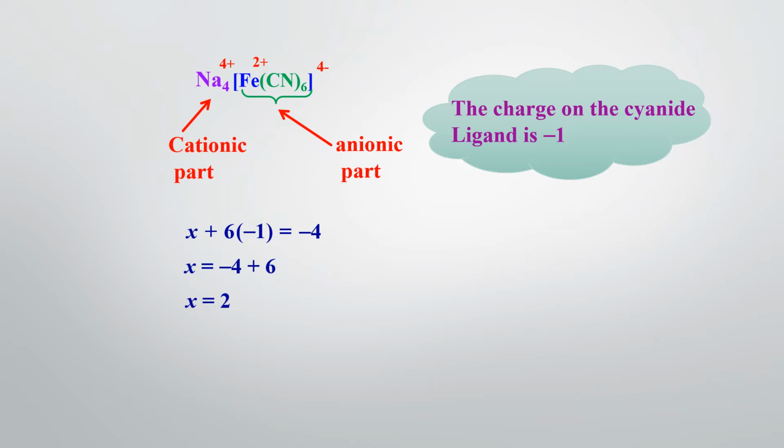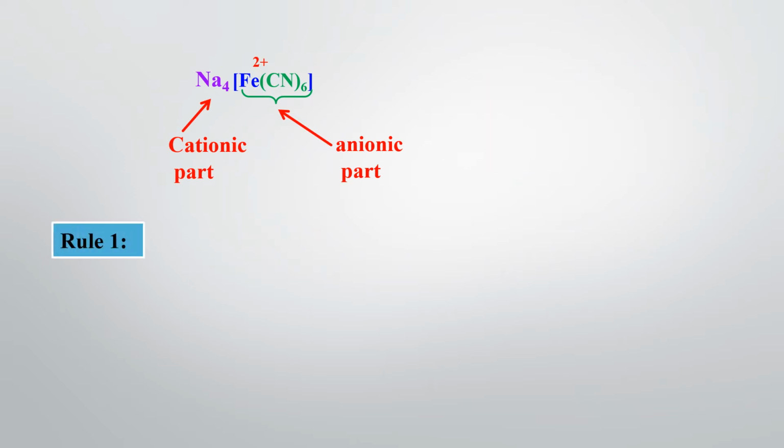We can also calculate it another way. Sodium charge is +1, and there are 4 sodium, so +1 into 4, plus iron X, plus cyanide charge -1 into 6, is equal to 0, because sodium is also considered. When sodium is not considered, only then the coordination sphere gets a -4 charge. If you consider the sodium, then no need to put the charge. So 1 into 4 plus X plus 6 into -1 is equal to 0. Calculating like this also, you will get X is equal to 2. Then Fe has a +2 oxidation state.